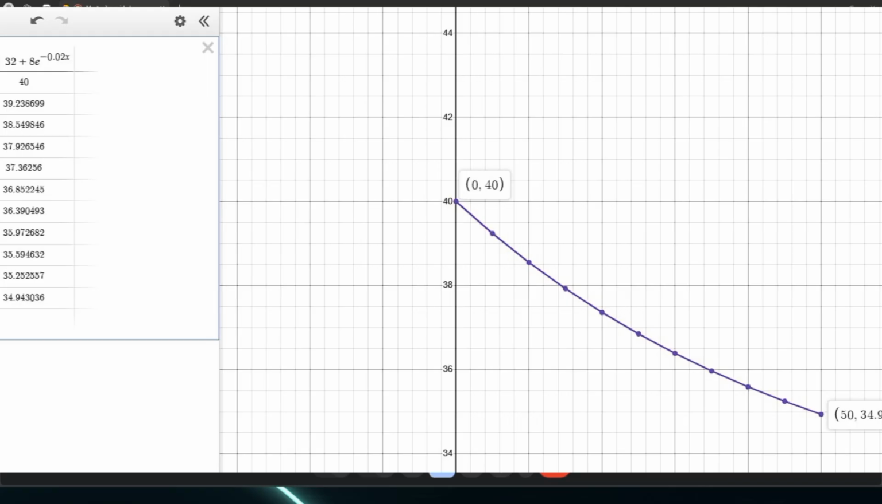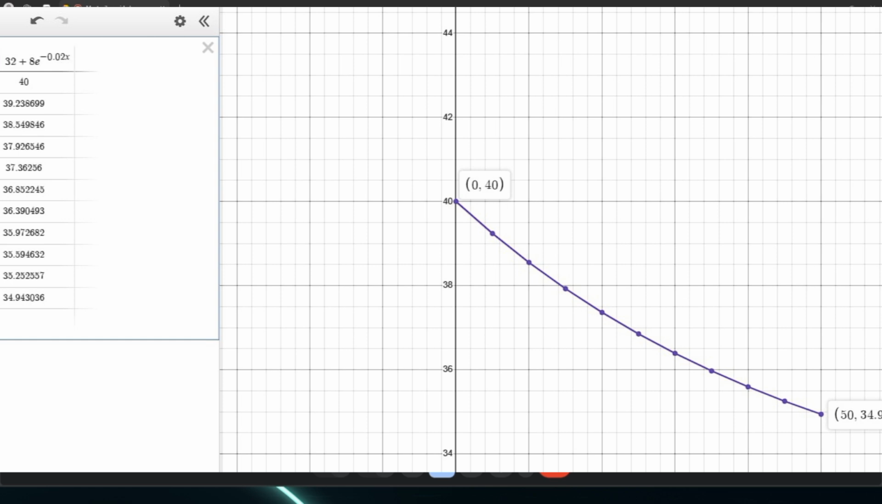Now, the graph illustrates the cooling of ceramic tiles over time based on Newton's law of cooling. The x-axis represents the time in minutes, while the y-axis shows the temperature of the tiles in degrees Celsius. The graph begins with the tiles at a high temperature of 40 degrees after being exposed to sunlight during the day. As time progresses, the temperature decreases gradually as the tiles cool down, approaching the ambient temperature of 32 degrees